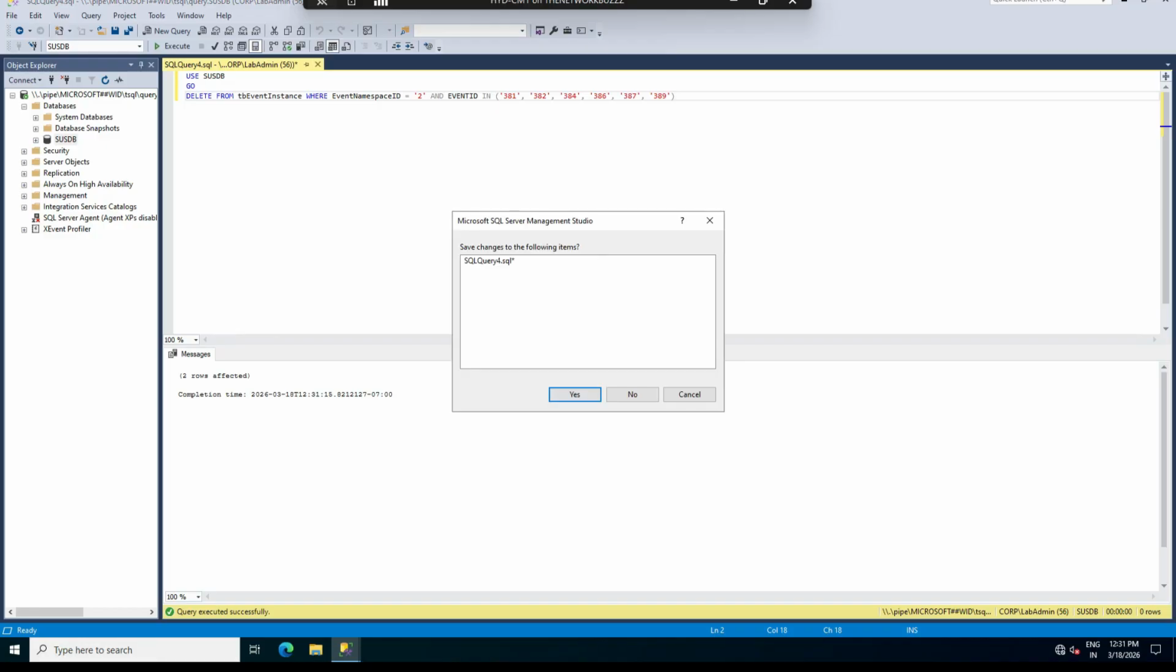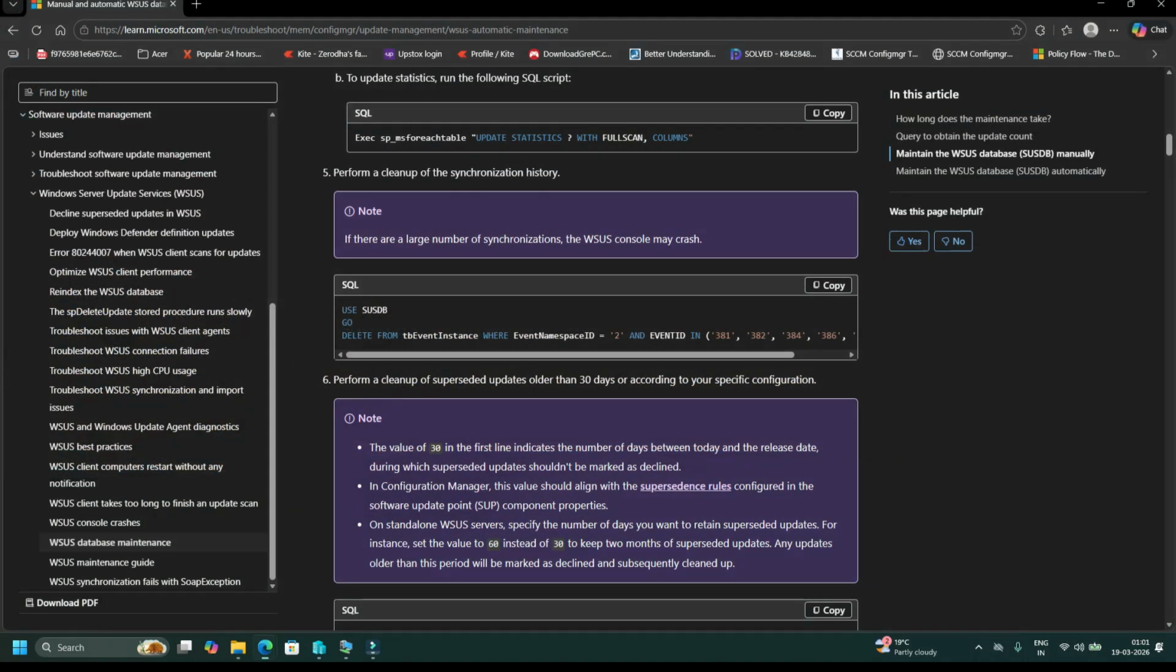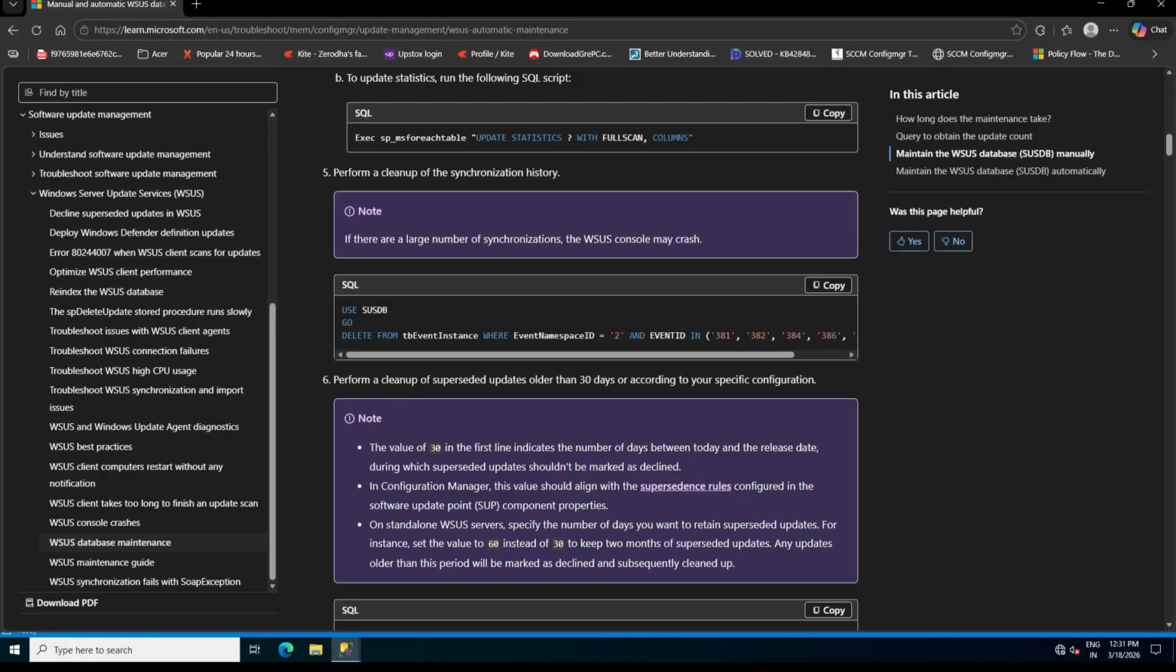Again, we will close this. I'm doing this very fast. I don't have any big database, so for me it will be done in a few seconds. For you guys, it can take minutes and hours as well. Please be patient, follow the process, and only then perform the steps. So once our cleanup of synchronization history is done,